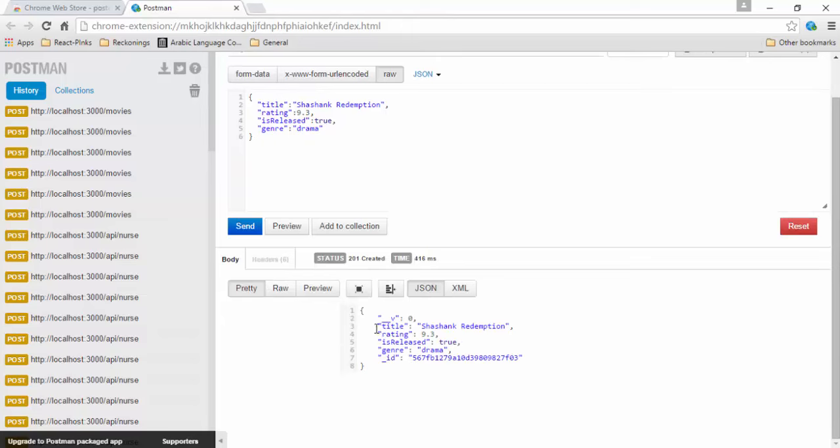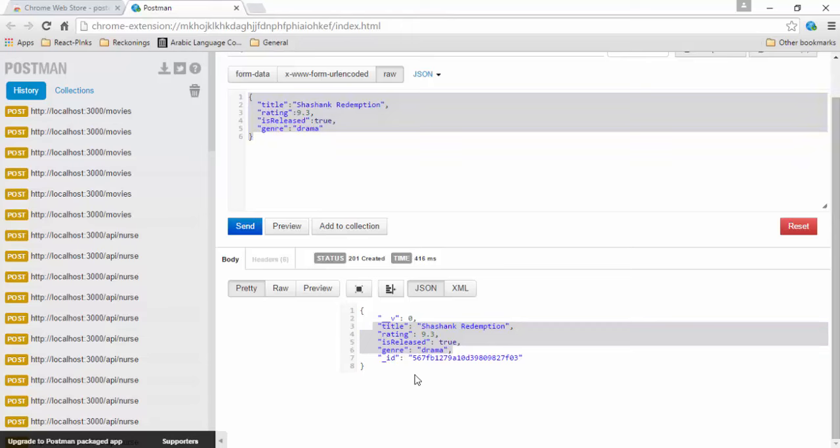It does. So it is returning me a response object. We have sent title, rating, released and genre as part of our object, but it is returning me two extra columns. First is the underscore ID. This underscore ID is added to every document which we insert into the MongoDB database to uniquely identify that document. So it is specific to MongoDB. And this one too, the underscore V, is a version identifier. This is added by the MongoDB database and we shouldn't be much caring about this, so don't worry about that V, but this underscore ID is very important to uniquely identify this record.